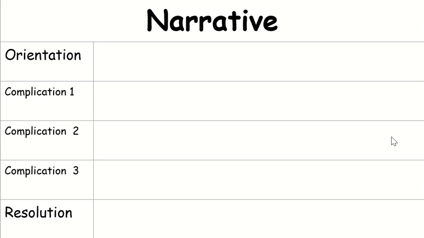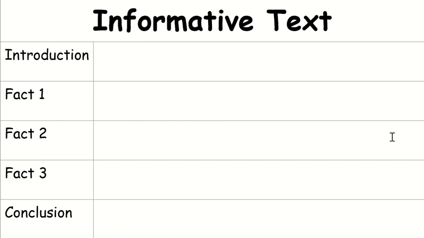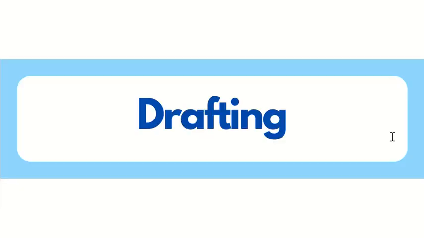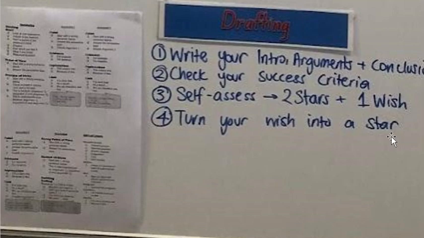Narrative writing, it could be a template where they put their ideas and structure into something like this, or an informative text. For drafting, that's where they start writing their piece of writing, and sometimes I like to put different steps up on the board as well, like this is where you write your intro, your arguments. This is where sometimes I'll put my success criteria up too,